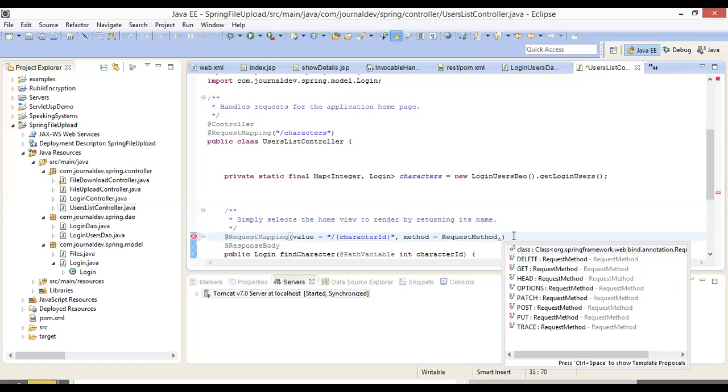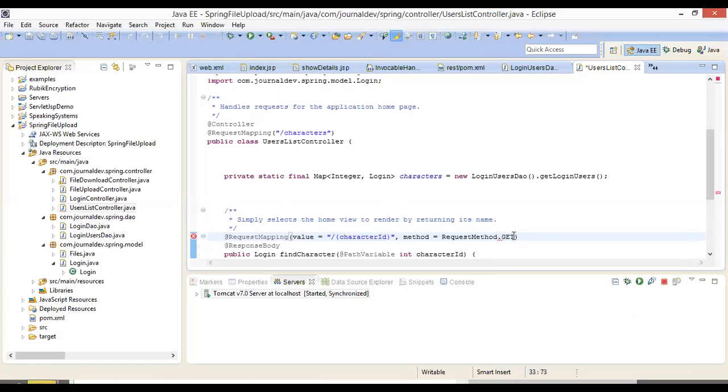All these are called RESTful methods. You have delete, that means you can delete a particular row. You can get a particular row. You can get the header information. You can get other options. You can get the patches. You can use the post method, or you can put the data also. You can update the data, or you can trace this. So these are all the methods which we have for web services in REST. Presently, we can use get because I want the data as the output.